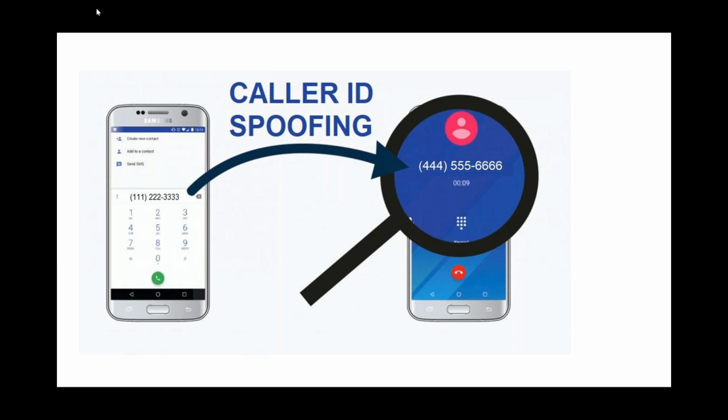I think we all have received these phone calls from everyone. Nothing new to you people, right? Caller ID spoofing, almost every day you will get one. It's a very common tactic where the phone number appears to come from your area code. We are more likely to answer the call when it looks like a local number. The cyber criminal may pretend to be a police officer, because the idea is very similar. The victim is convinced to pay a fine, which doesn't exist at all, or to provide confidential information, all under the threat of being arrested.